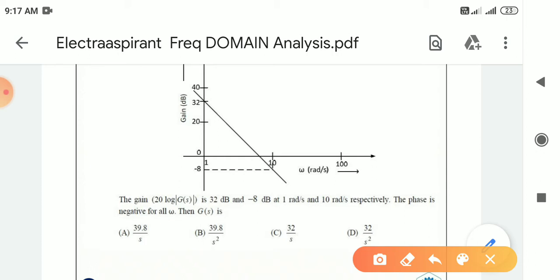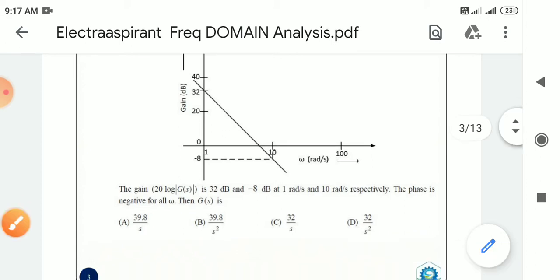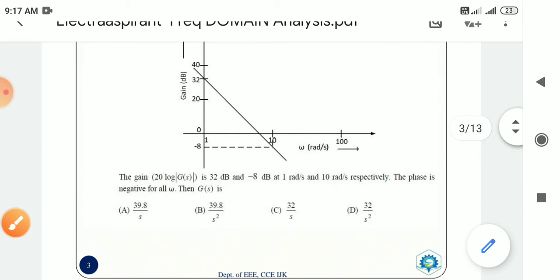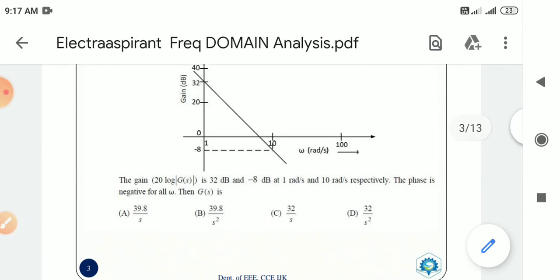At 1 rad per second the gain is 32 dB. At 10 rad per second the gain is minus 8 dB, so that we can find the slope of the line. It becomes minus 40 dB per decade. Since it is going downward, the slope is minus 40 dB per decade, which indicates the presence of